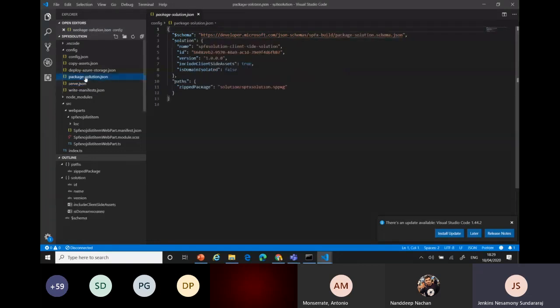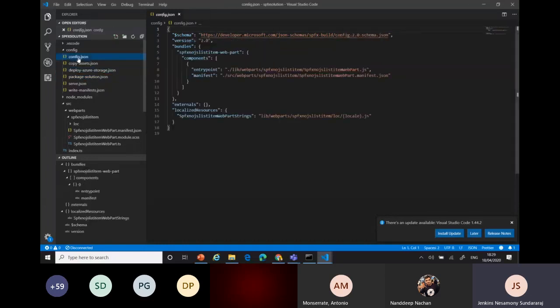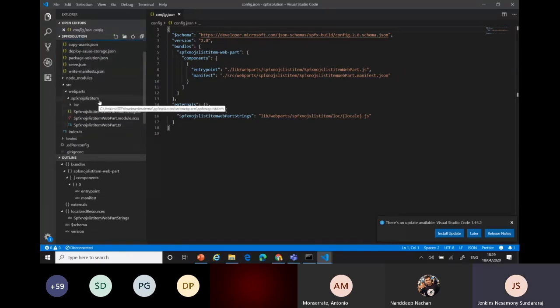I have the package solution to deploy in your app. We get the client XML file also together and deploy in your app folder. Okay, and we have the config JSON. It's the configuration you want to change. These are the things you use on the configuration side, and then we can go with the project.